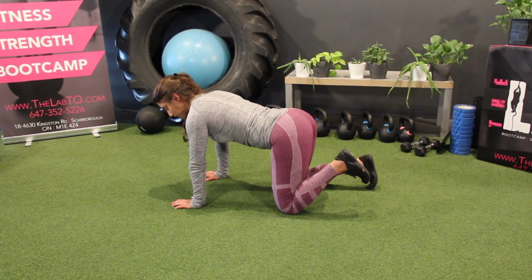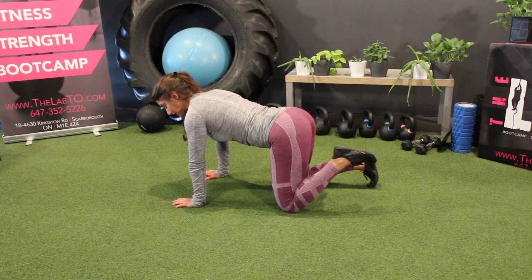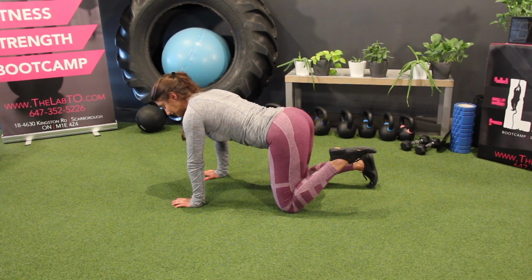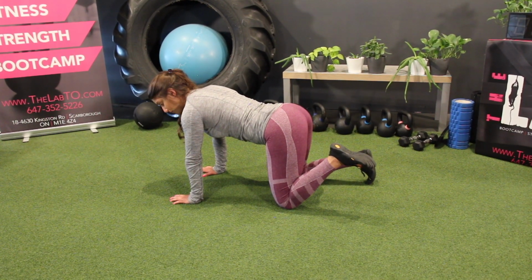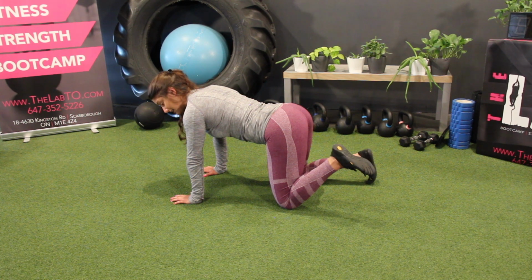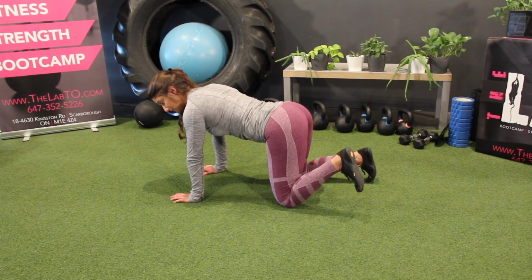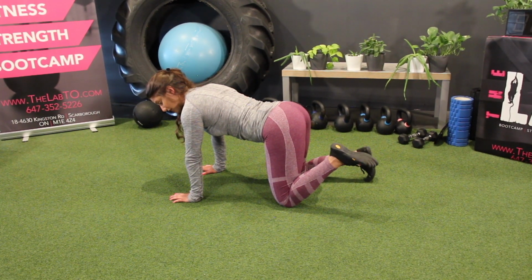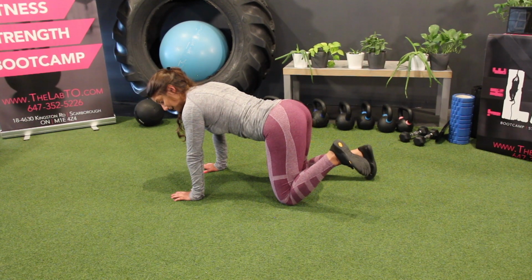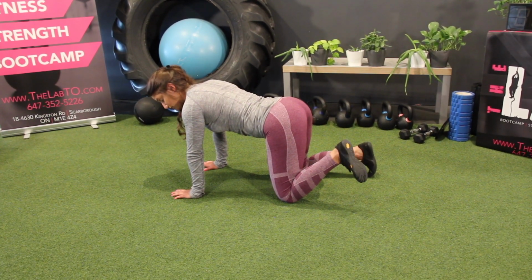We're then going to think about moving the toes as far away from the rest of the body as we can, completing this really big circle, and then pointing the toes to the outside of the body, bringing them back to where they started. We're gonna complete 5 going in one direction and then 5 in the opposite direction before moving on to the